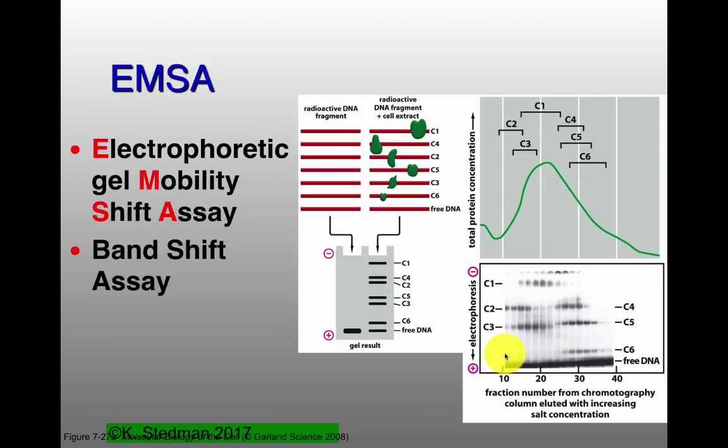Now, this case is a whole mixture of different ones, but you can separate those now, and this is literally chromatography at the top here. This is why we have this green line. It's different fractions, and each of those different fractions has a different protein, which is binding to all this same DNA, and so it's probably a pretty big piece of DNA, probably a promoter sequence, but those are separable proteins.